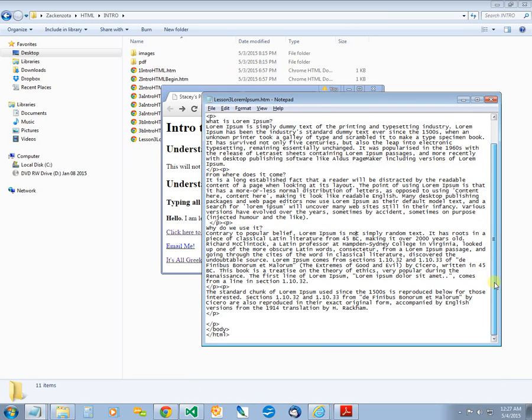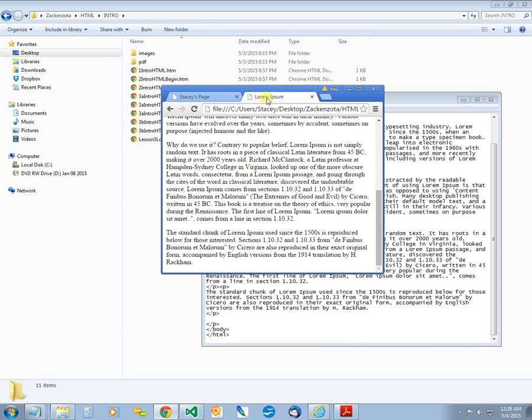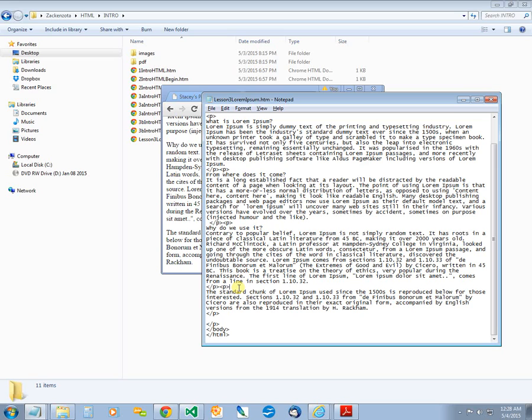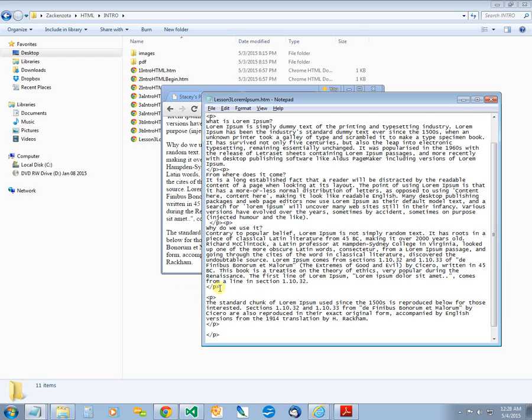Now I have to make a modification on both pages. I want to put a link on this page, and then I want to put an anchor tag, another anchor tag here where it says the standard chunk. So let's do a title tag, a header tag again. So I need to nest properly, so I want to separate this ending p tag from this beginning p tag, and I want to do an h1. So h1 opening and h1 closing, and in between those two I want to put chunk